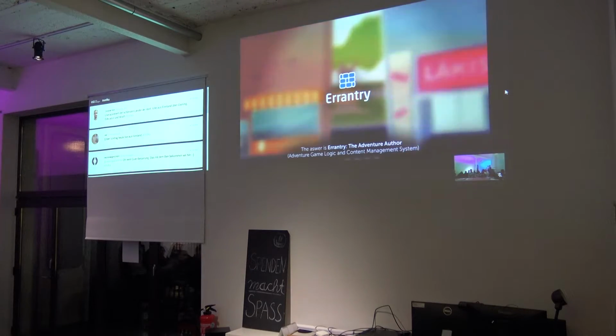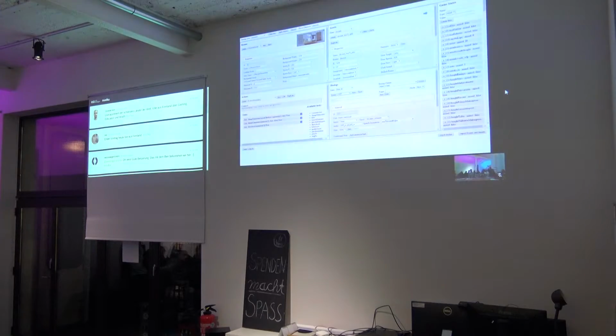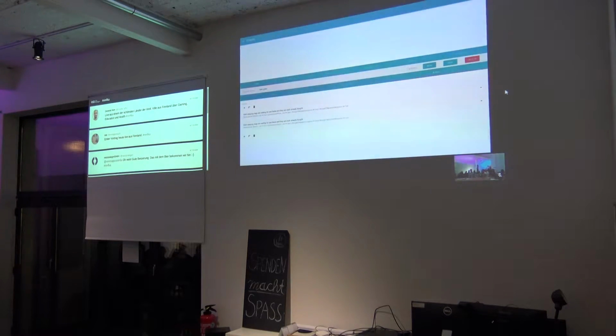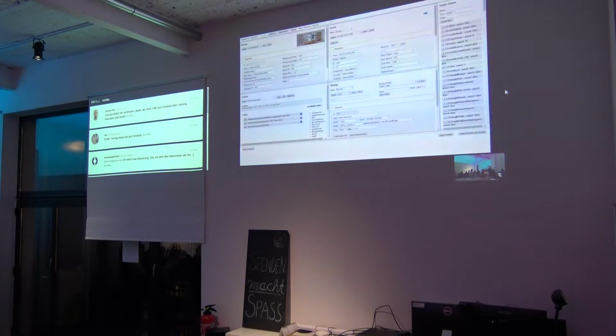So basically, this is what it looked like before. Now we are in a process of renewing this to something a bit more clean, like this. But what this does is it manages the content and logic of a point-and-click adventure game.